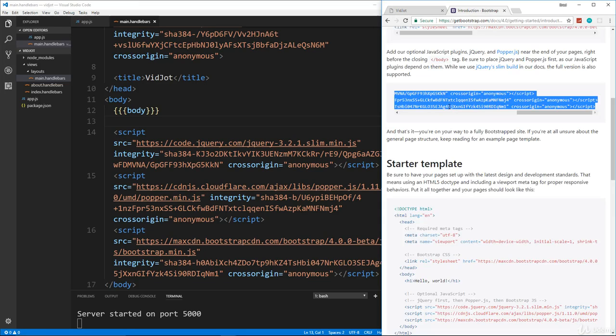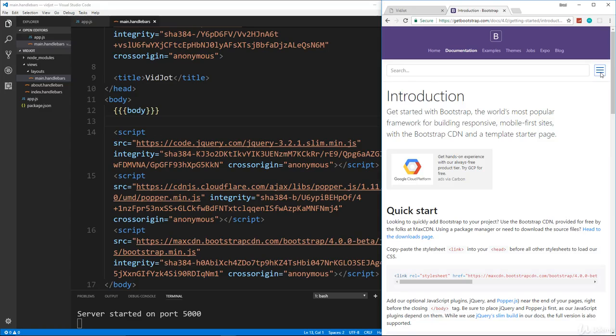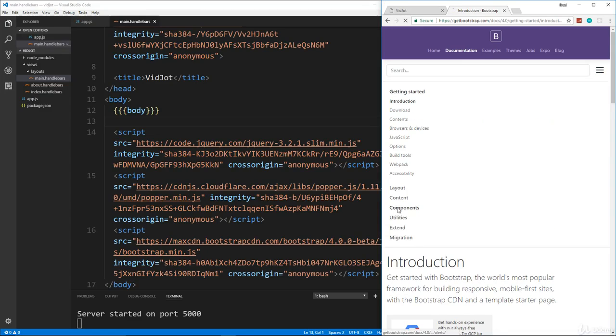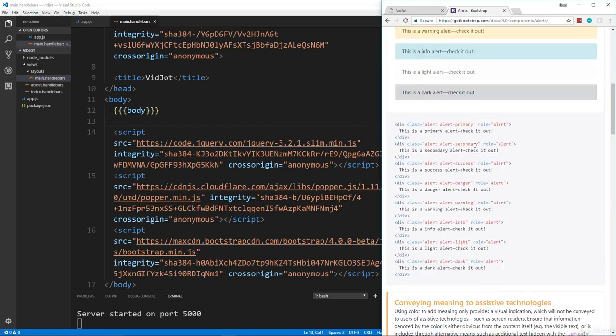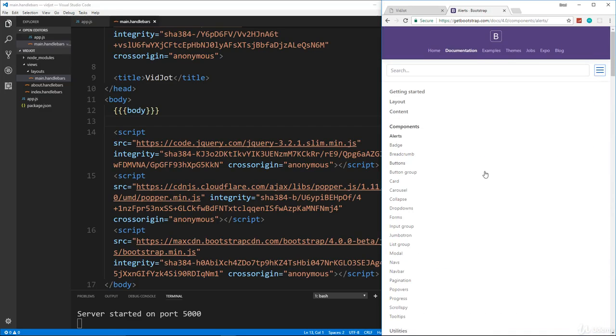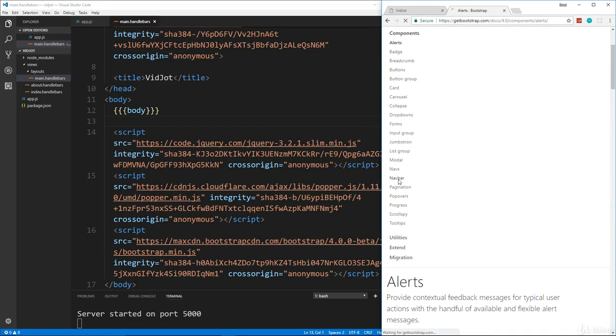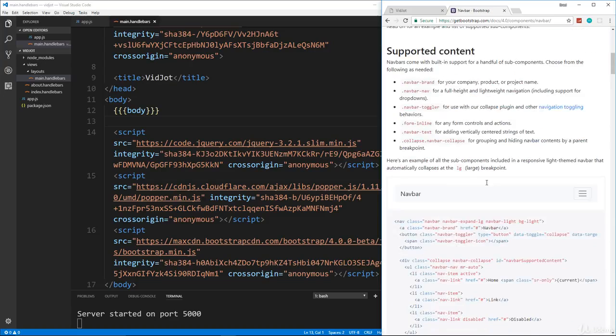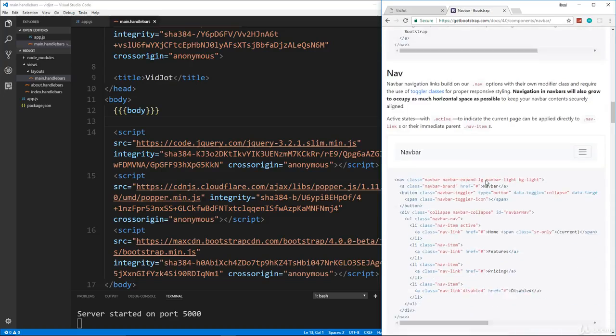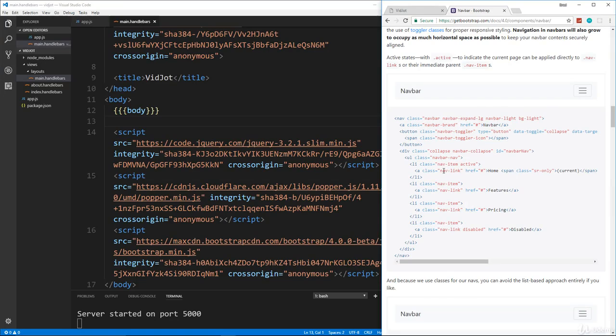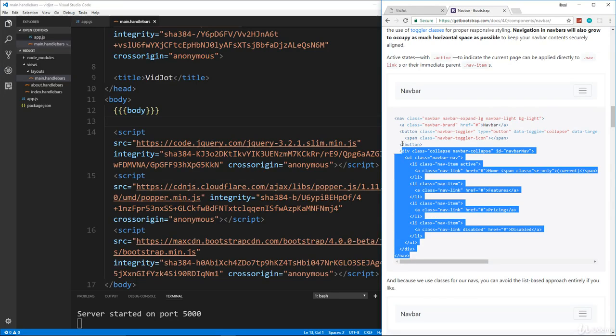Let's add the nav bar. So we're going to go to Bootstrap. We'll go to components. Let's go to, let's see, nav bar. And I want the collapsible one, which is this right here. So we'll just grab this,